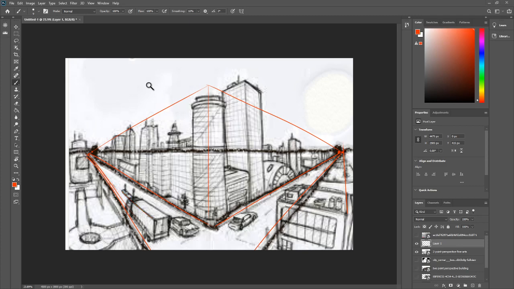Okay, so you have your vanishing point. I actually got a ruler. You can hear it, I'm using a ruler on a computer. I know. Okay, so right now I'm lining up the ruler